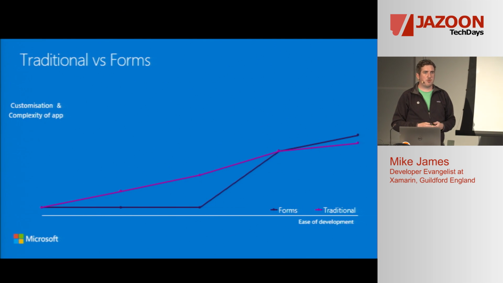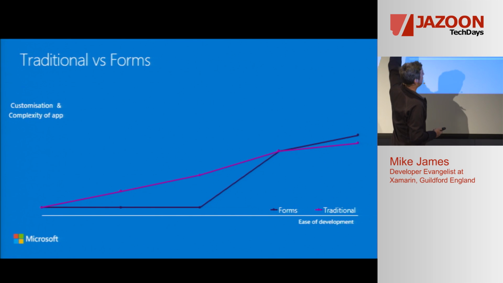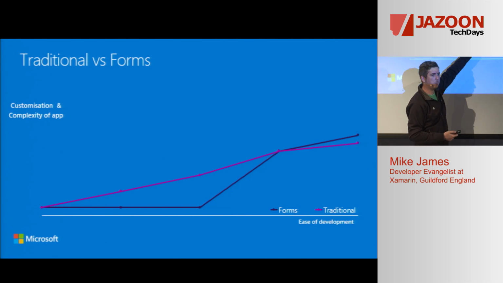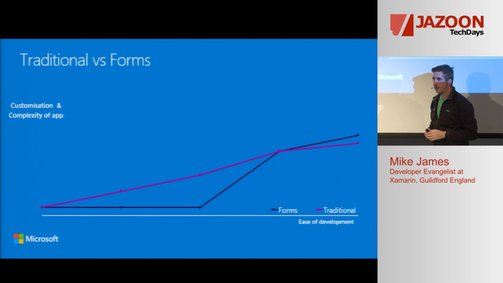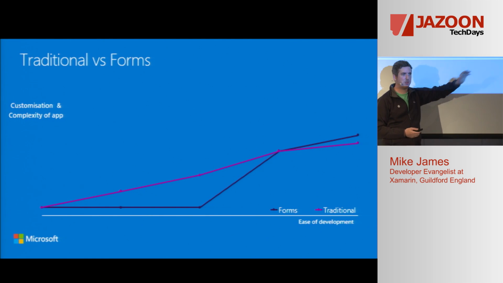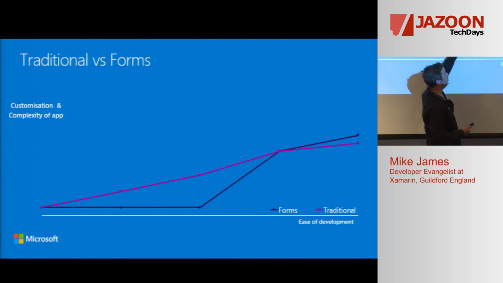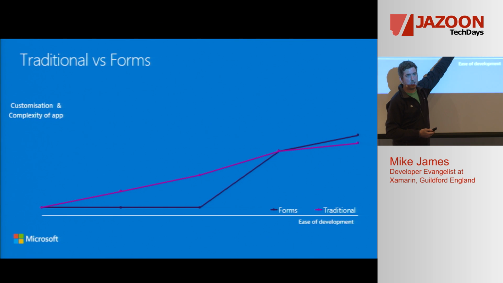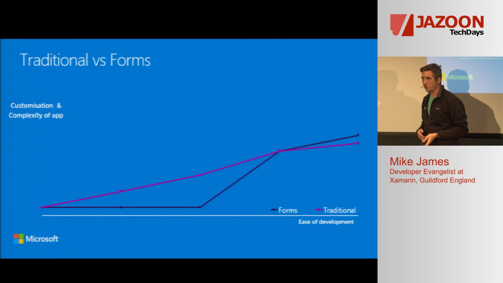So I always think of Xamarin.Forms as being super easy to get started with, with difficulty and complexity going up. With traditional, it's very linear. The more complex your app, the more complex the code's going to be, and there are no surprises there. With Xamarin.Forms, you can build a pretty complex app quite far with almost no work on your part, and then all of a sudden you want to start that customization process, and it's going to shoot up, and in some cases overtake the difficulty of the traditional approach to developing a mobile application with Xamarin.